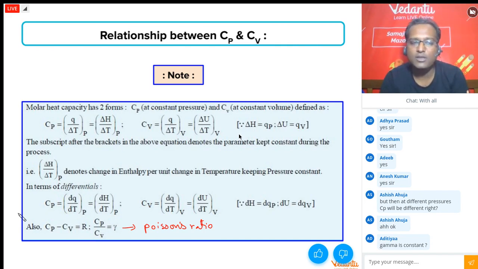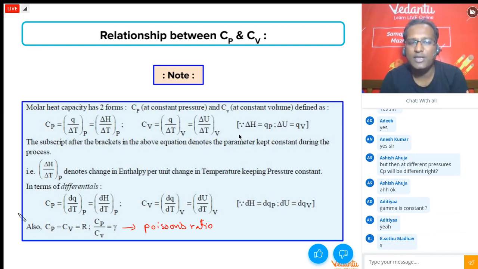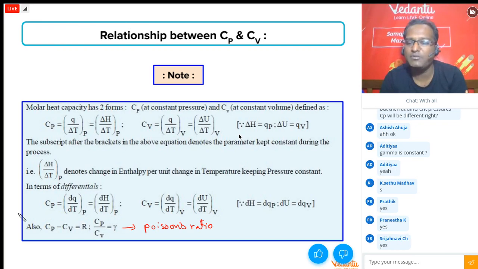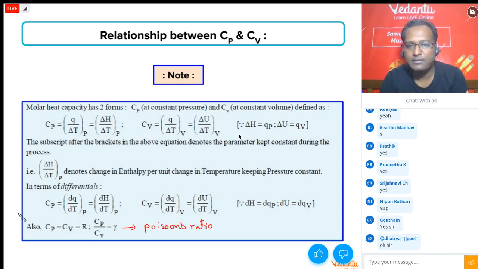Yes, gamma is a constant called Poisson's ratio. Can I say gamma will depend upon whether the gas is monoatomic, diatomic, triatomic? Just a while ago, Cp and Cv got defined in terms of degrees of freedom, and degrees of freedom depend on whether the gas is mono, di or tri. 60 online, 30 have marked yes. I'm guessing the rest don't bother, so I'm moving ahead. If there is any doubt, please ask in any step here.